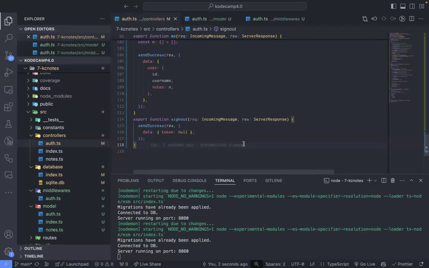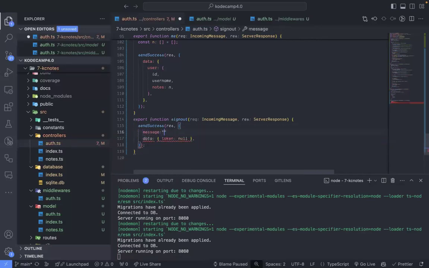When you are working on token authentication, you don't really need to implement this in the server. The sign out is handled on the client, because when they make a request and get the token, the token is stored in the local storage in the browser. The local storage stores this token for 7 days till it expires. When the token expires, we make a request, the new token will be returned, and the old one will be replaced with the new one. But this is just for demonstration purposes. And then you see the message here is sign out